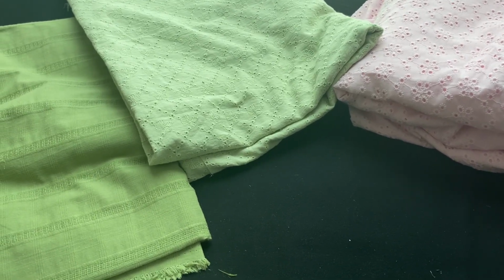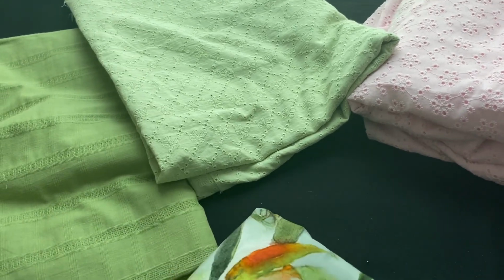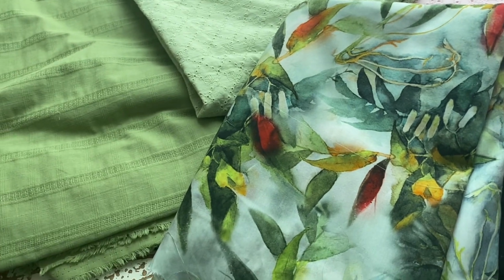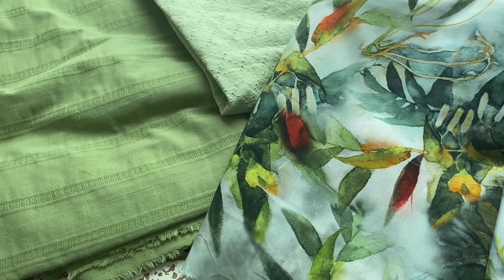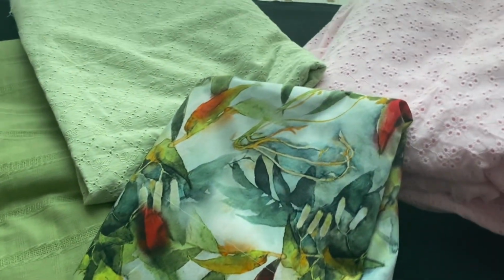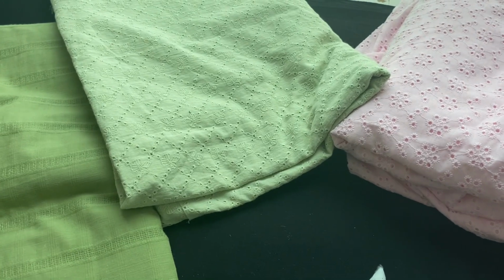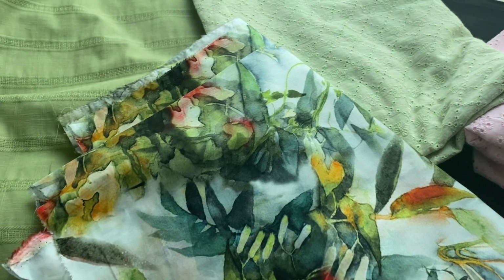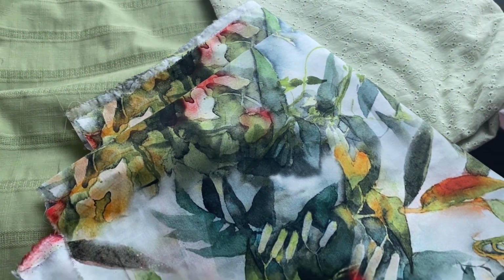Here it is. So this is a cotton voile, a thin, strong, quality woven cotton with this beautiful tropical floral or foliage print on there. I mean, those 3 embroidery anglaises would look absolutely adorable together as in a big floaty maxi summer dress. I'm going to have to move to somewhere around the equator so that I can just wear summer dresses, maxi dresses,